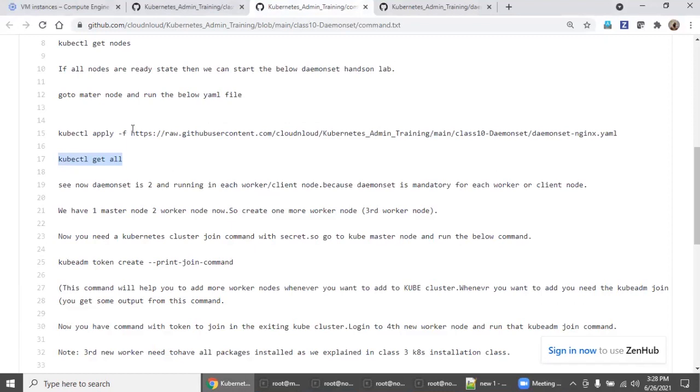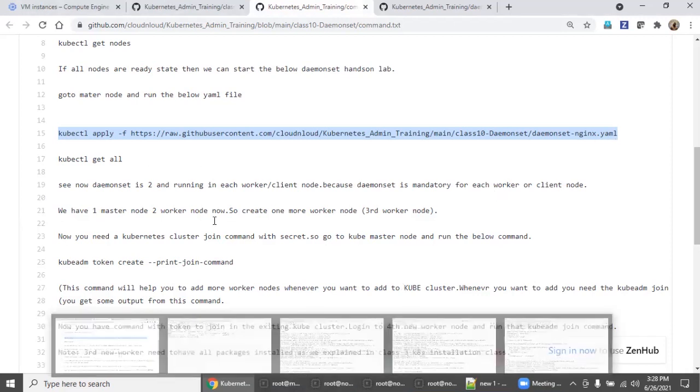There is a YAML file which we saw, so copy this and apply. You can download it and run kubectl apply -f with this YAML file. Or, if you want to apply directly, as we saw in previous classes, go with the GitHub raw URL. We are copying it, but before applying this,